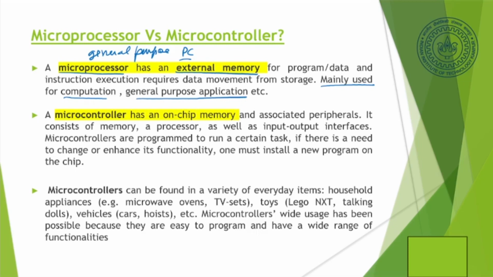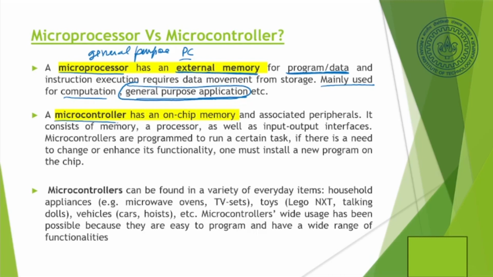In the PC there is an external memory in which we store the program, and the data is stored on the external memory. So a microprocessor basically is a general purpose device with an external memory on which the program and the data is stored. When the program is to be executed, it can be pulled from the memory. The data can be pulled from the memory and stored back into the memory. And it's a general purpose device, and hence it is more expensive, like your PC or laptop.